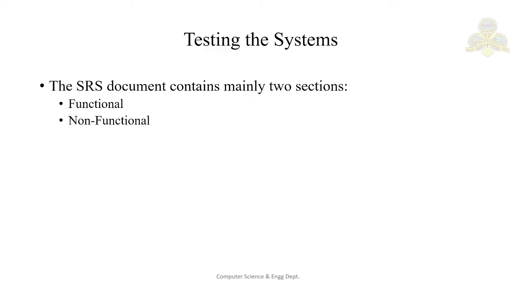So once the coding stage is over or your implementation stage is over, the software has to be tested. During the development itself, the unit testing and the integration testing will be done. The system as an entire software or project has to be tested. How it has to be tested is that we test the software with the SRS document as the reference. Now this SRS mainly contains two important sections.